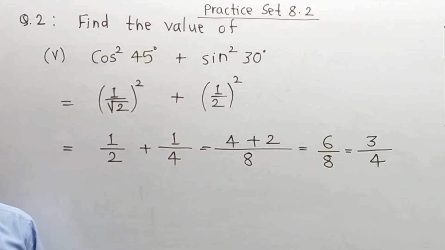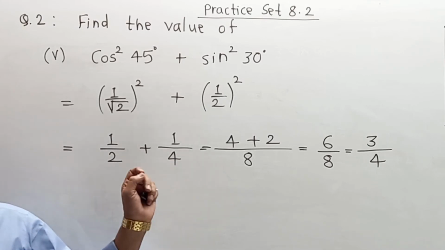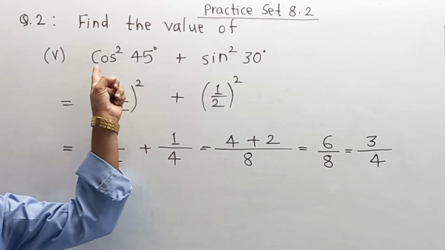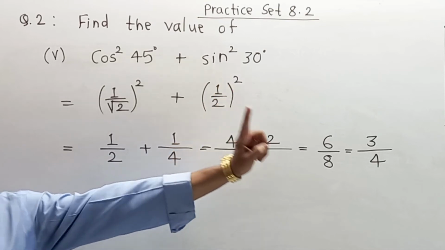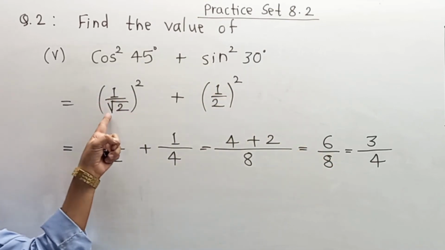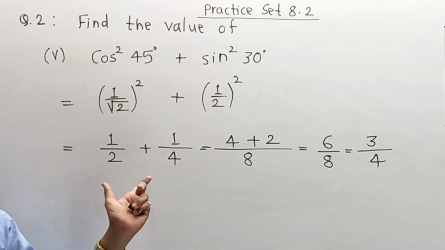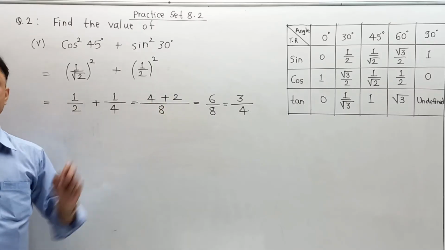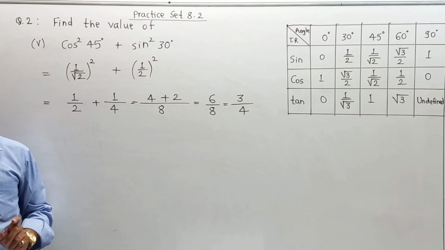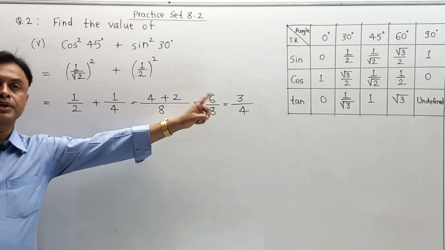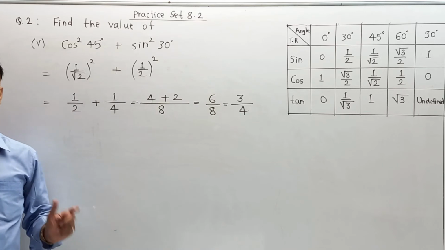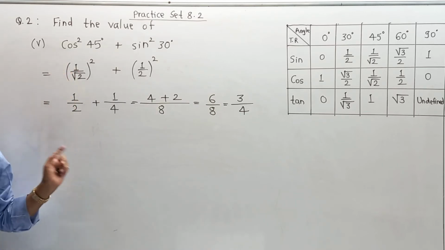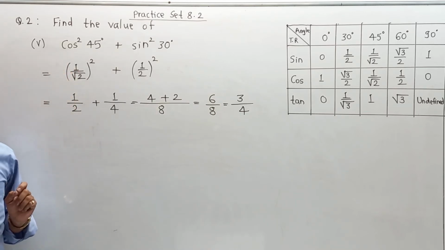Student, remember in this type of numerical we have to apply only simple fundamental parts that they are giving you, calculative type of parts. We have to take the value from the table, put it into the calculation, do the needful like square, multiplication, whatever it may be, then simplify it and reach the answer. So it is just a simple mathematical part, but we should know the table or we should know the perfect values of that table content, and that is the most important part over here.